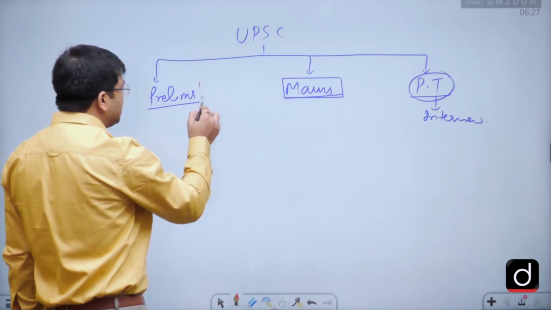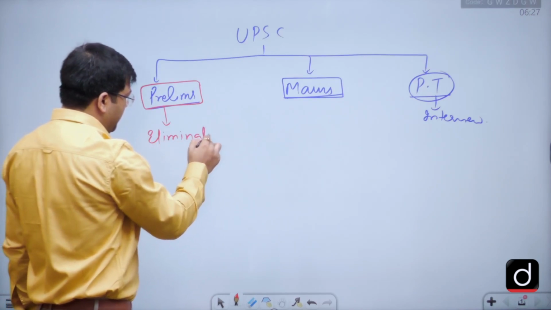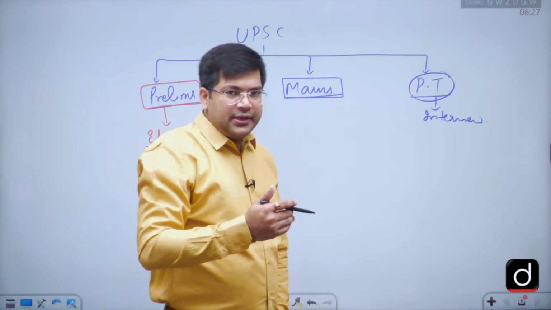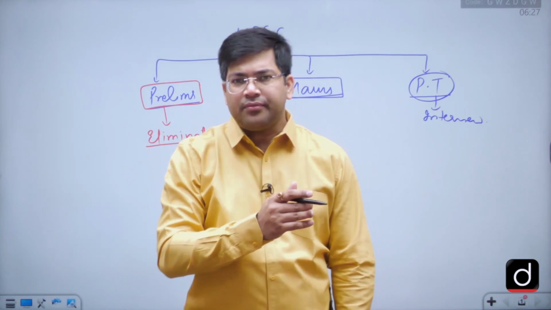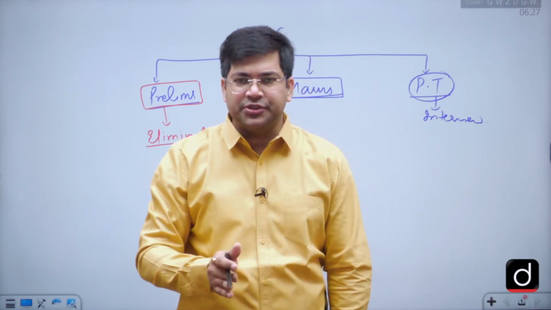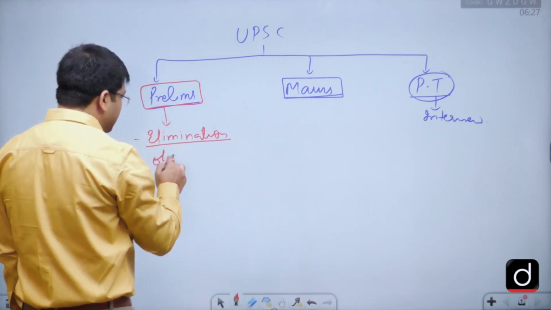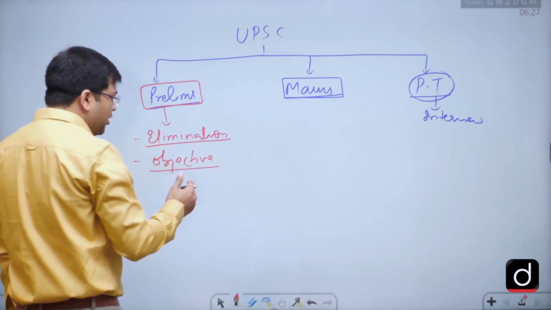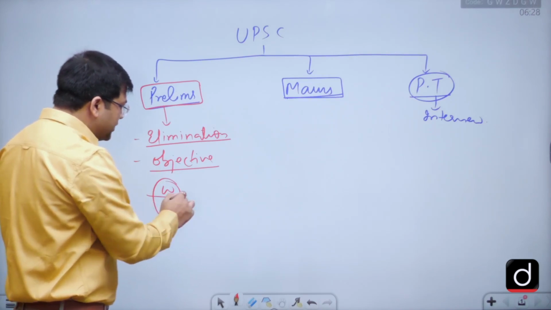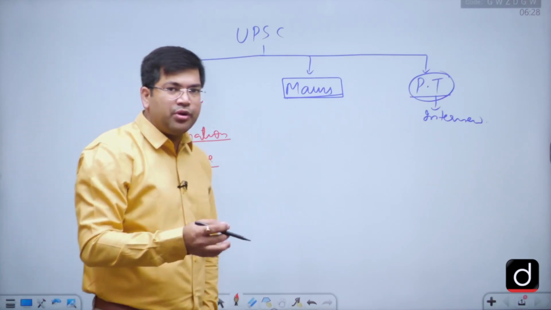See, the prelims examination, as you must be knowing, is a matter of elimination. It is not for selection actually. In this stage, students go through elimination, so that some will not be qualified for the mains examination, right? And this prelims examination is objective. It means that there will be options. Options will be wrong and options will be right. Out of those given 4 options, you have to select the right answer or right option. You don't have any choice.